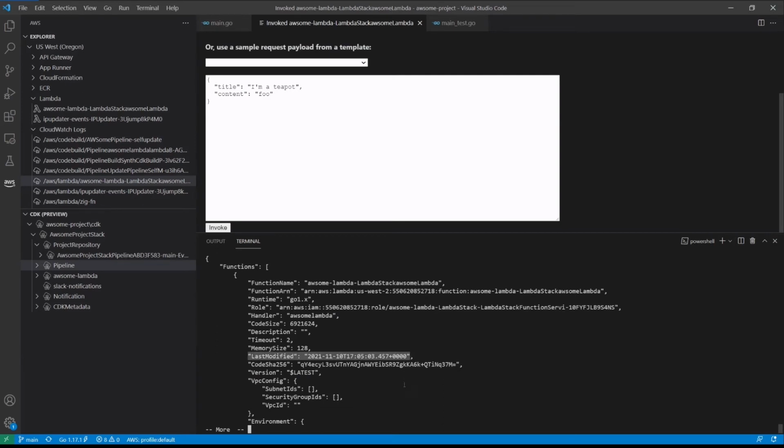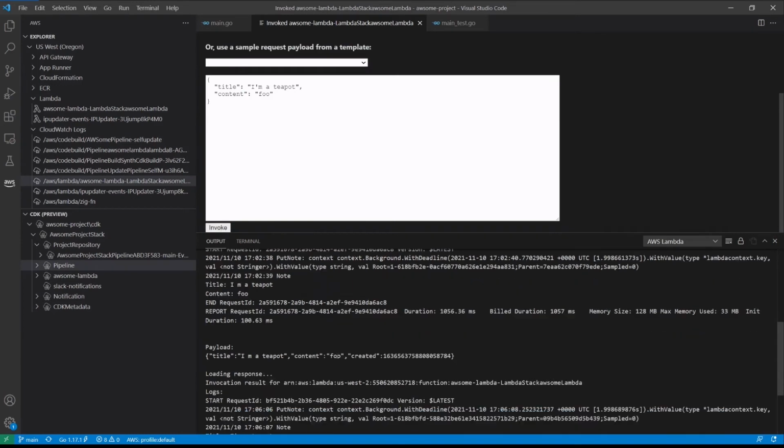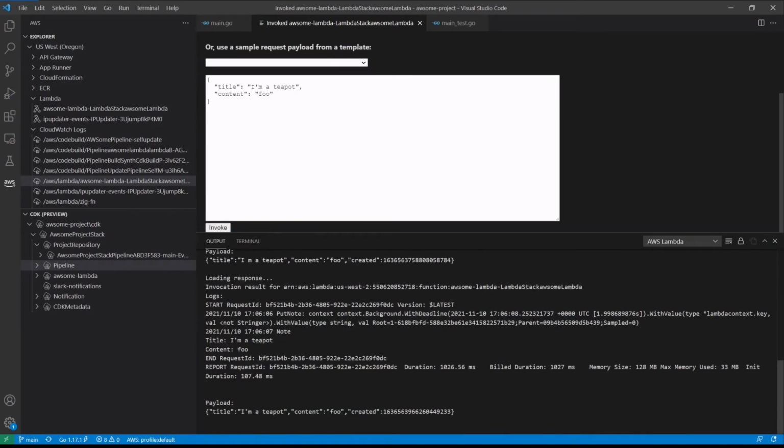The full pipeline hasn't quite finished yet, so we'll expect a Slack notification to show up in just a moment. But because our last modified date has actually changed, let's go ahead and invoke the Lambda function and see if that has been addressed. Sure enough, our title now has an apostrophe. We can see that here and here in the payload. So it looks like the problem is addressed.